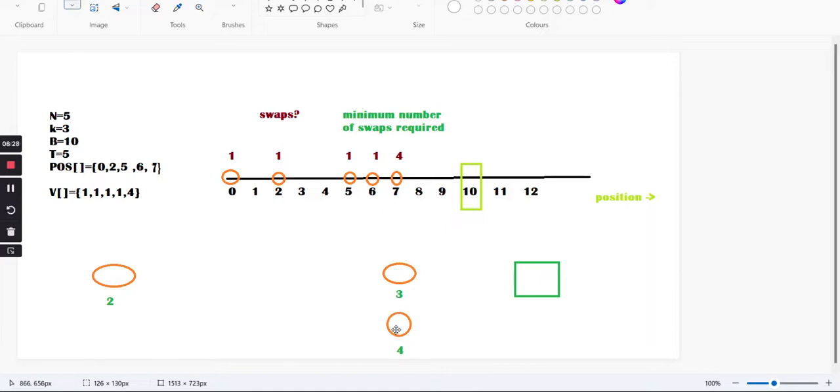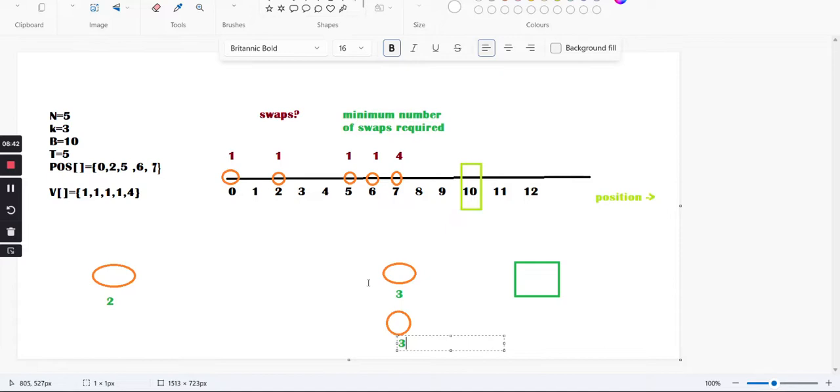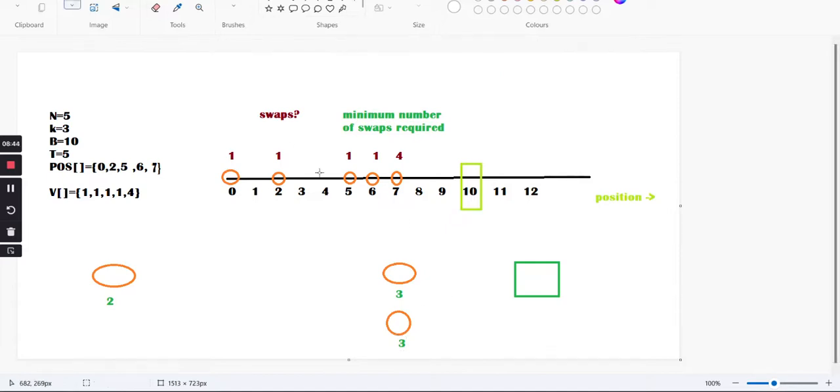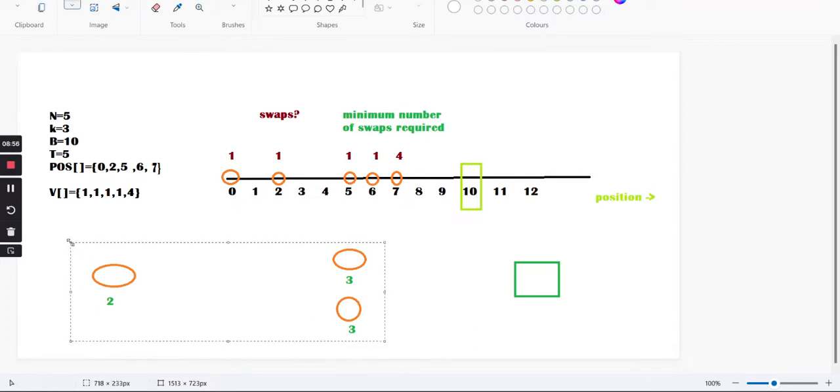So in that case, even if its speed gets reduced to, let's say, 3, then we know that ship 3 is able to reach with its current speed. So even if its speed is reduced to 3, they will both reach their destination successfully. So hence from this observation, we can now start writing our code. So what we need to do,